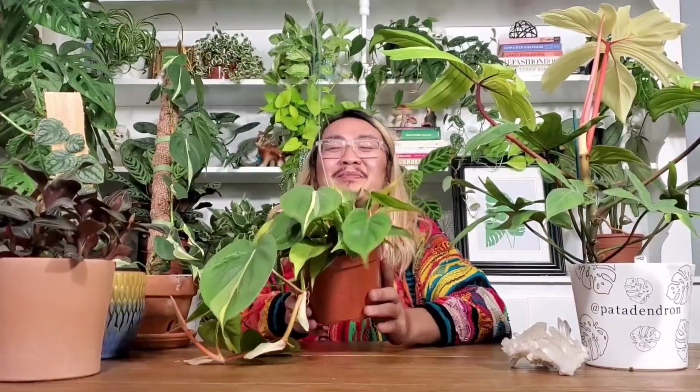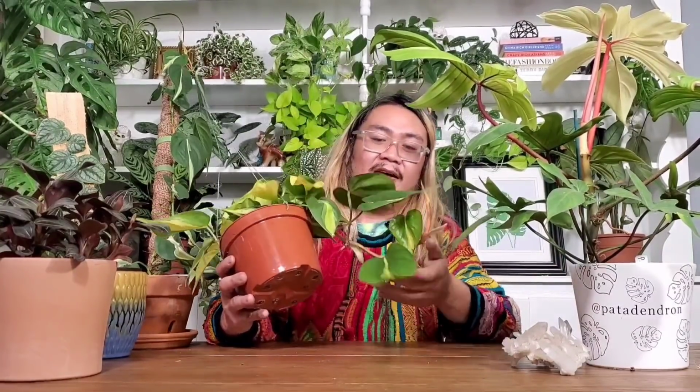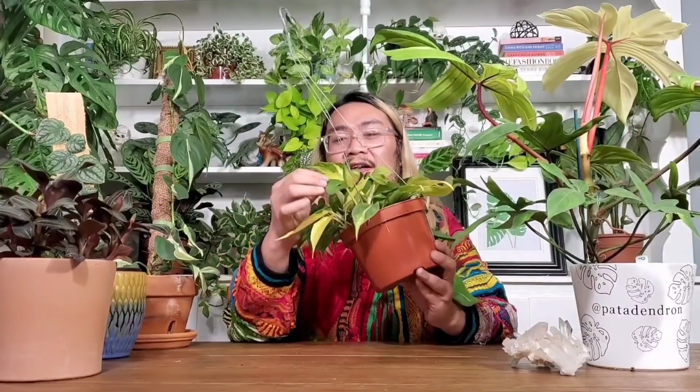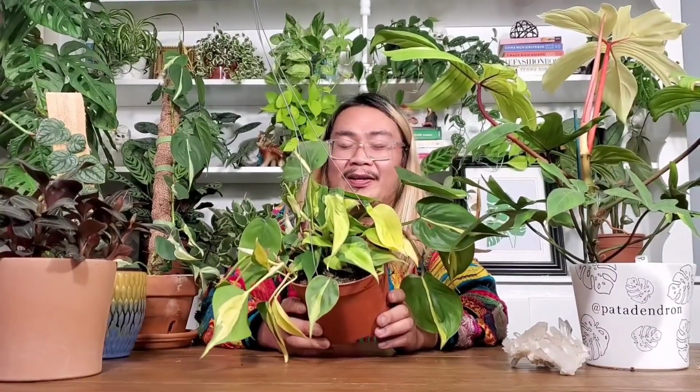You guys know how I love Brazils, and this was one of the ones that I was just like, ooh, I can't leave you, because it had this really beautiful leaf that looks like it was painted, and then it has this giant leaf that barely has any variegation, and it has this one that's almost all yellow, and this landslide-like leaf. I don't know, it was just super interesting, and I love when it's bright yellow like